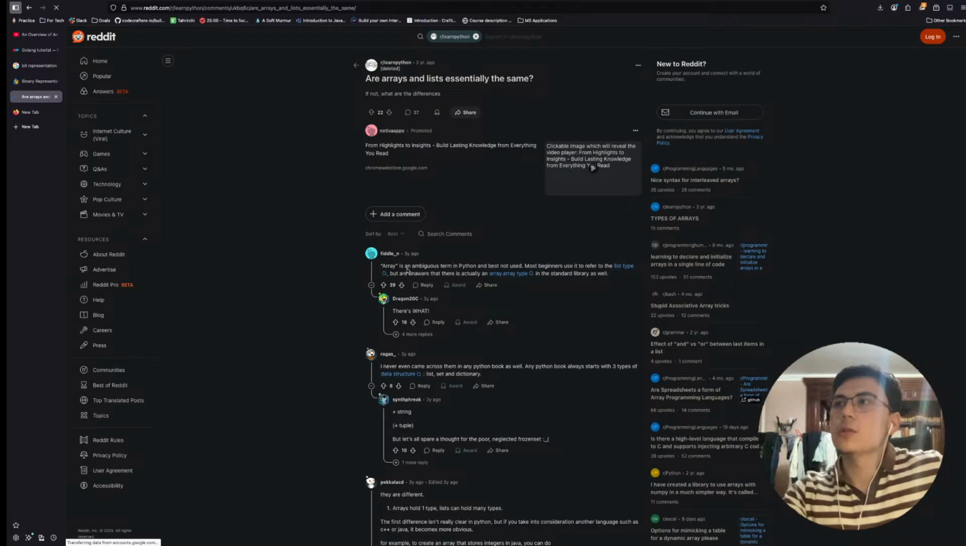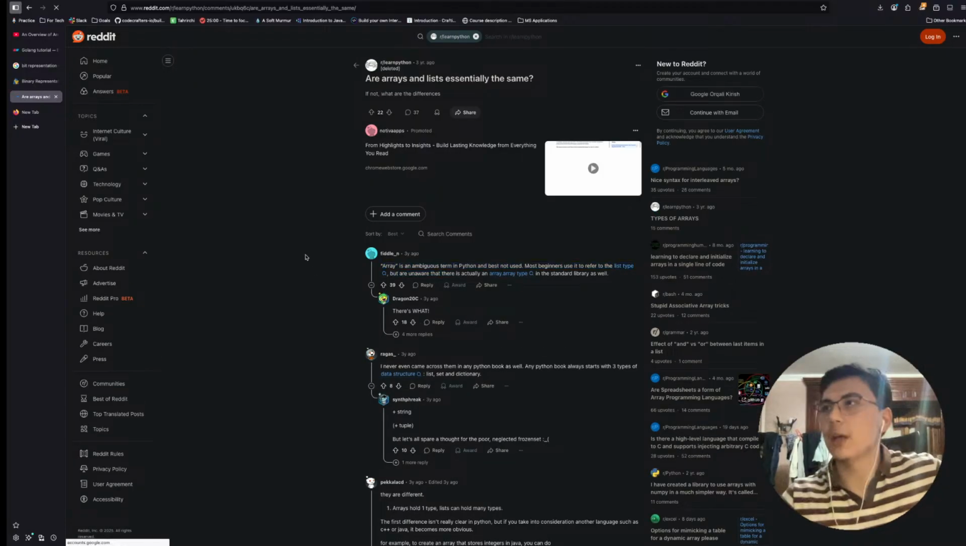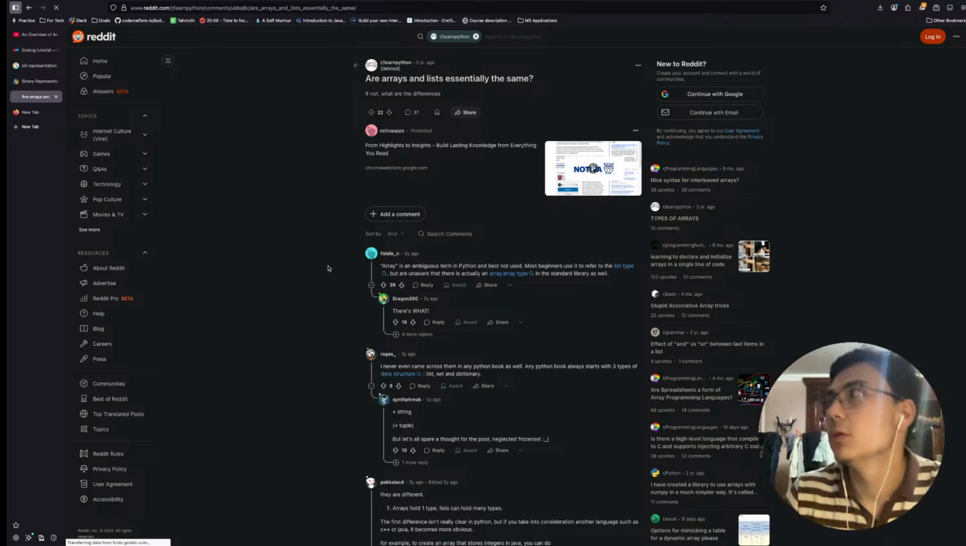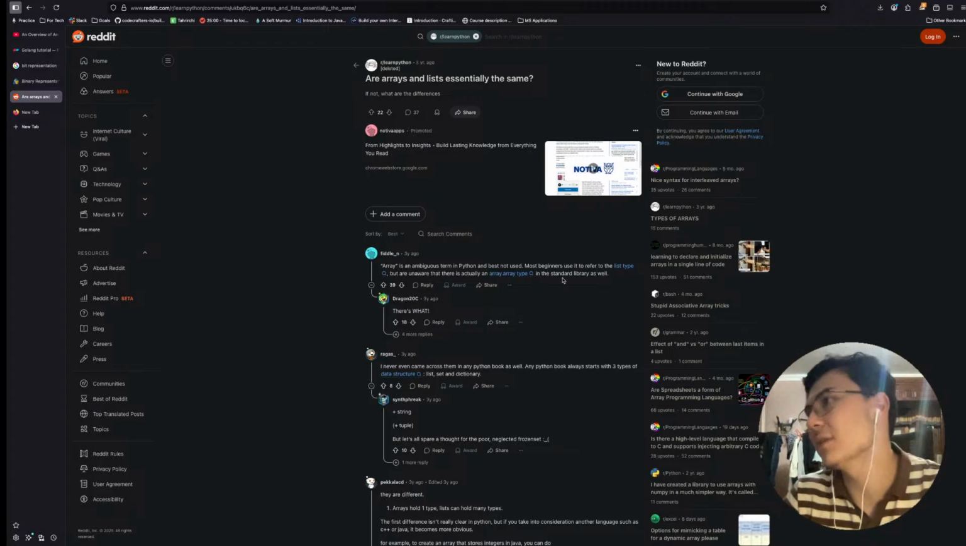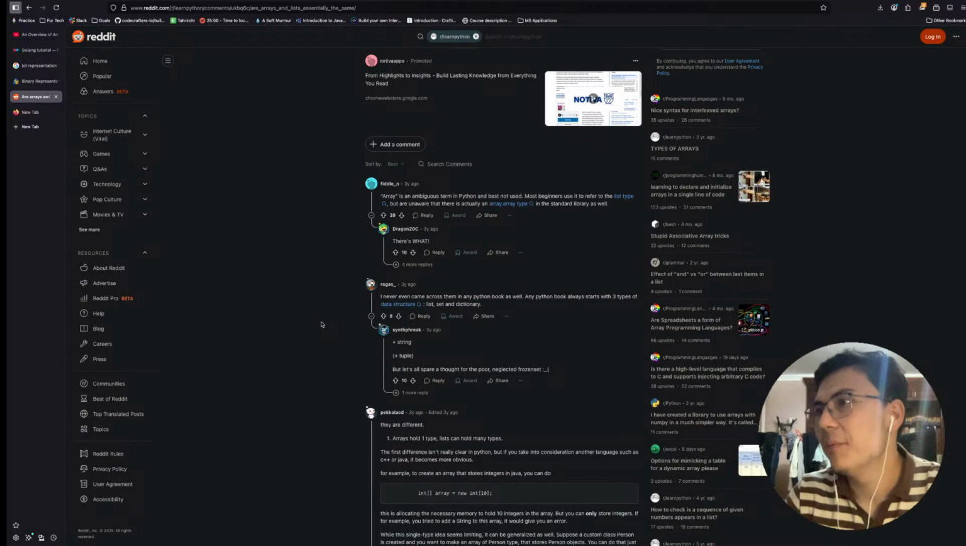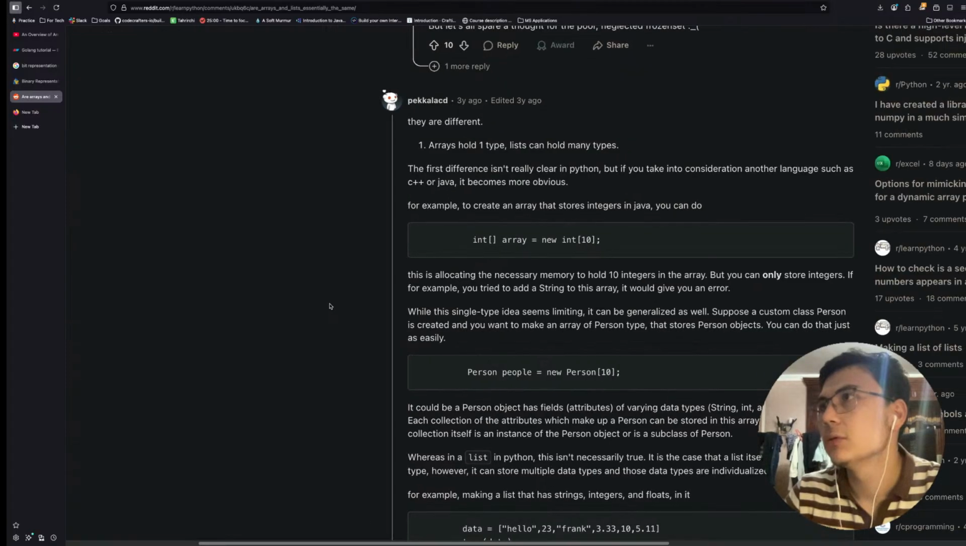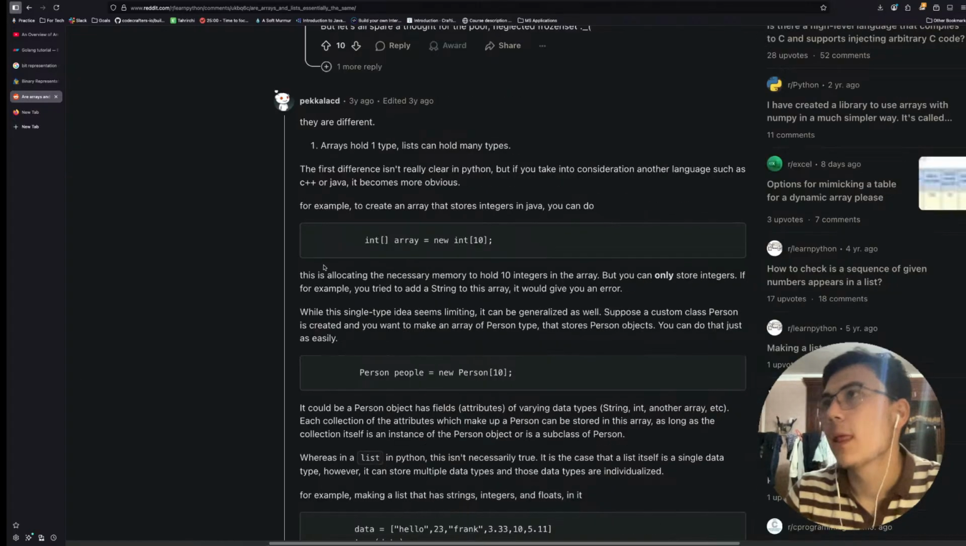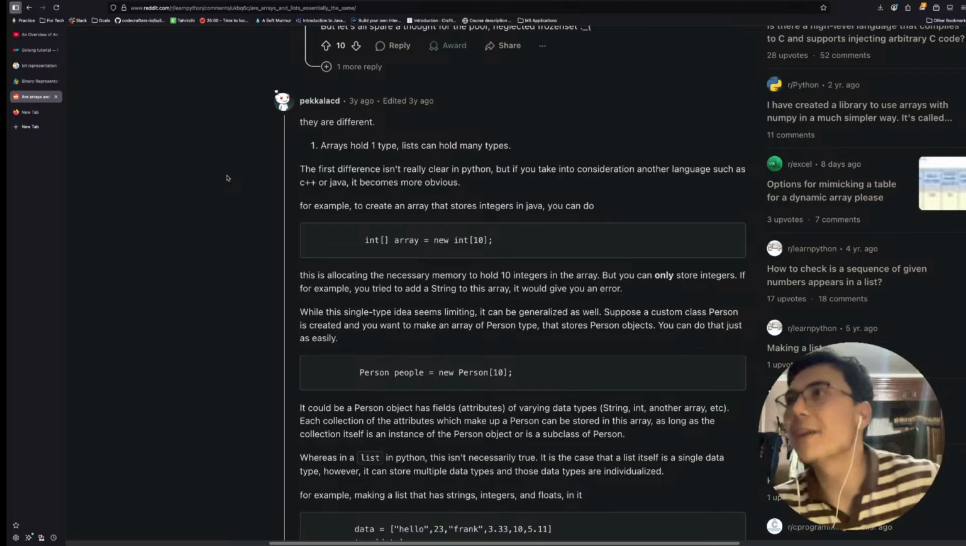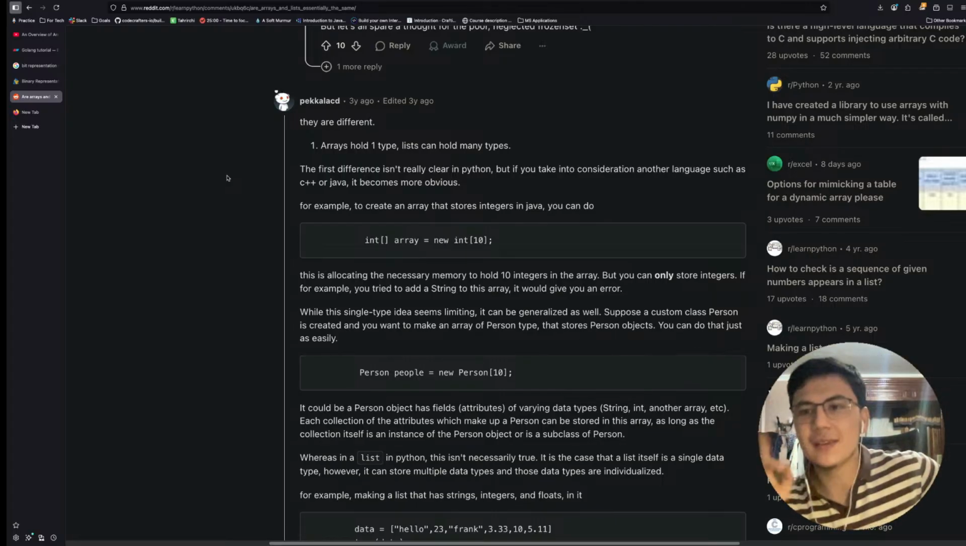So an array is an ambiguous term in Python and best not used. Most beginners use it to refer to the list type, but are unaware that there's actually an array type in the standard library as well. They are different. Let's see why they're different. First, an array holds one type. Lists can hold many types. Yeah, this is the first difference, because in Java,